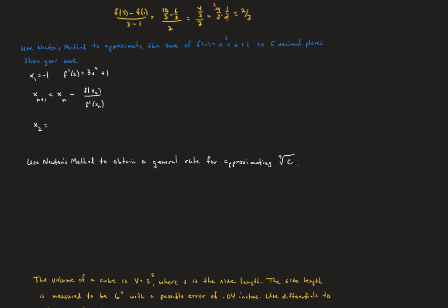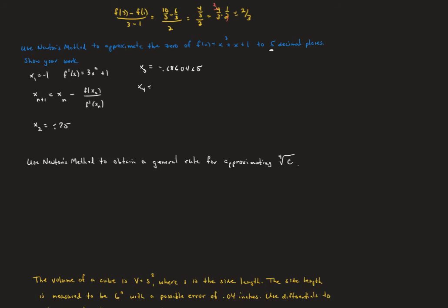Now when I hit enter, I'm going to get that the second guess, or the first approximation after my guess of -1, is going to be -0.75. Then I'm going to just document what we get here. I'm going to hit enter again, and now we're going to get -0.68604665, I believe is what I've got. Now I'm looking until we can get agreement to 5 decimal places, and then I need to know the 6th place